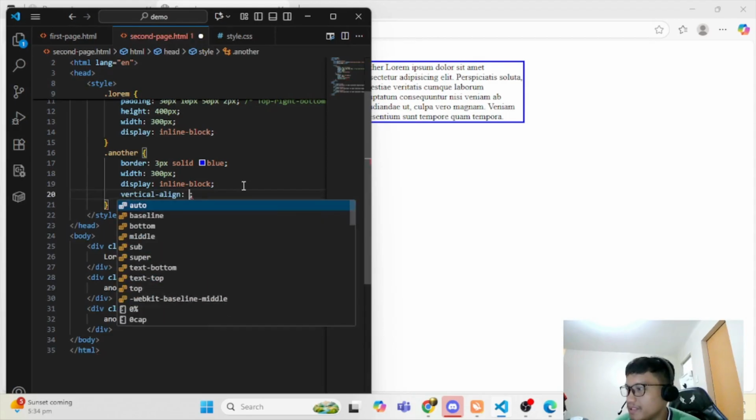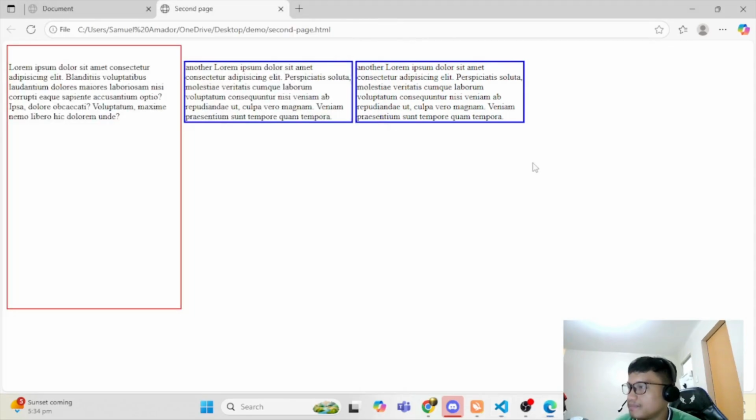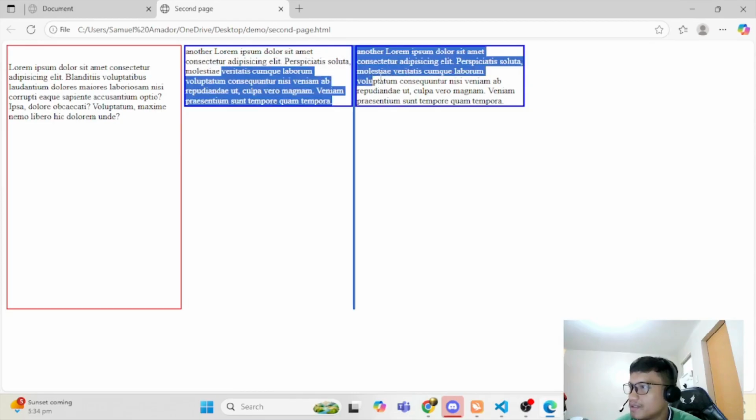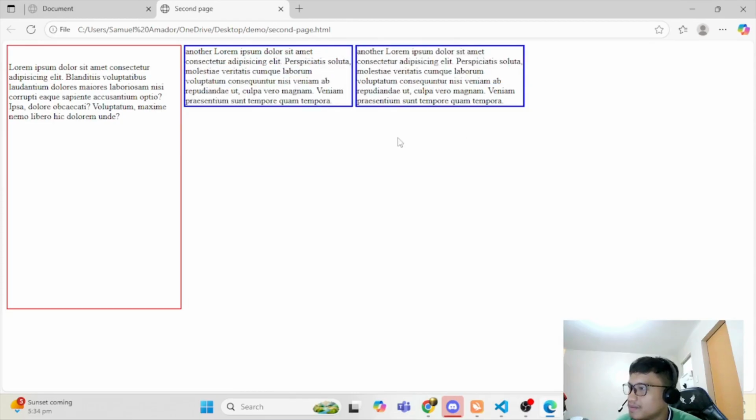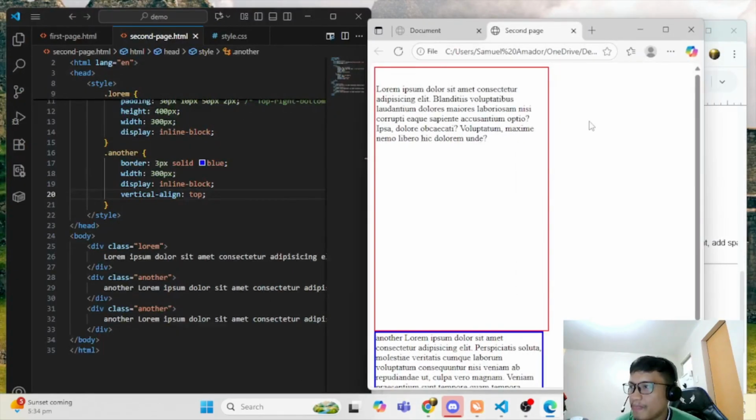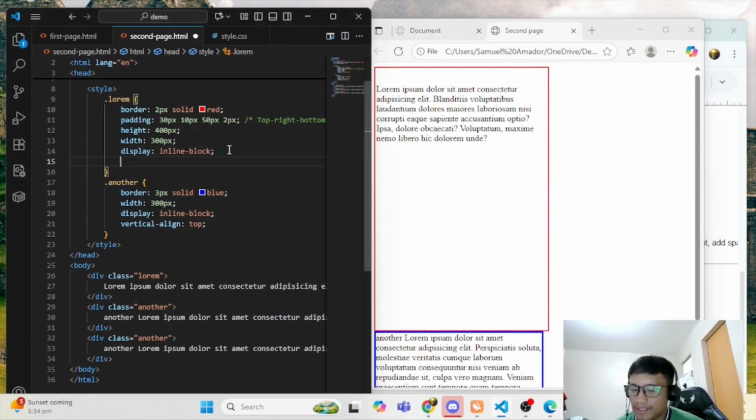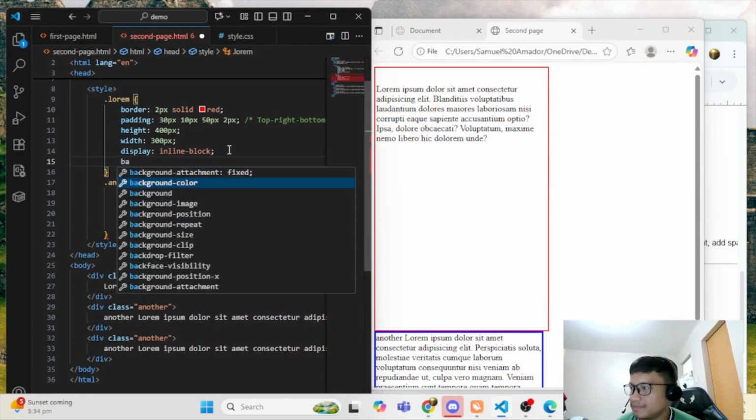So vertical top. Okay. All right. So maybe we can also assign here images or maybe background. Say I'll have here background.